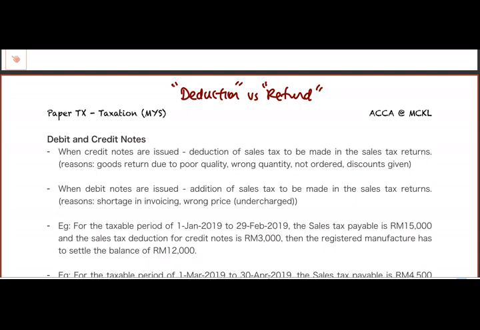Now, deduction, okay, is you don't get refund, but you get a credit to offset the sales tax. Okay, you get credit to offset the sales tax. Now, it will happen when you issue credit note. Okay, so when credit notes are issued,